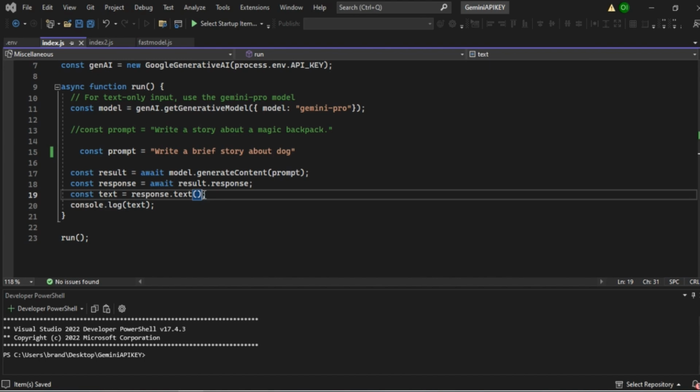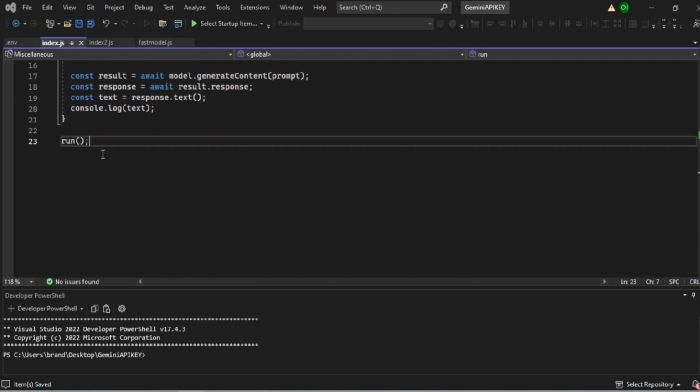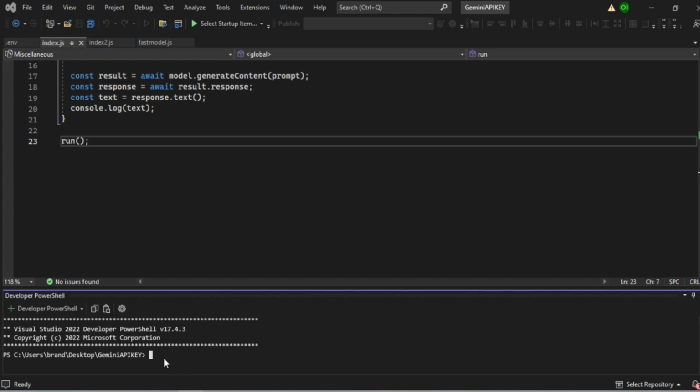It should give us a response in text format. We'll now use console.log to log this text out for us to see. Then at the end of it all, we define a run function so that we can run the file. To run the file, I will now say node